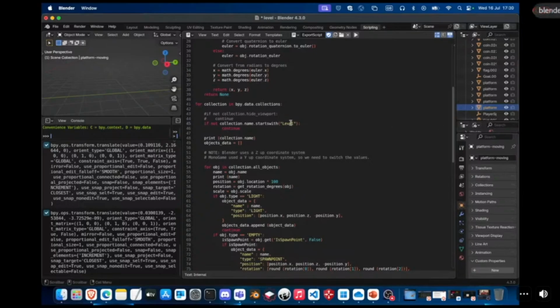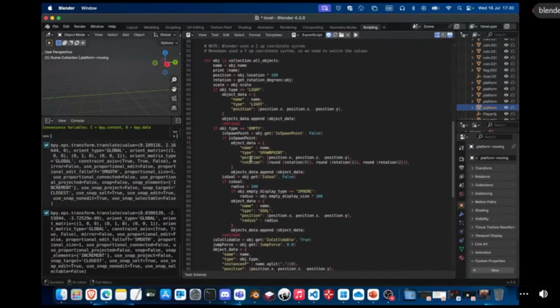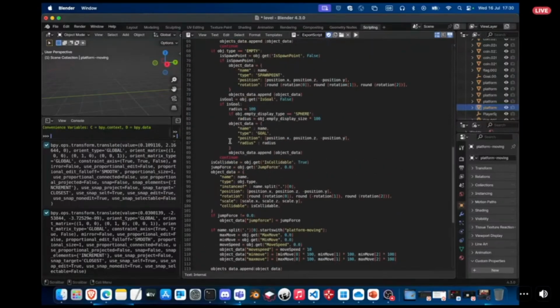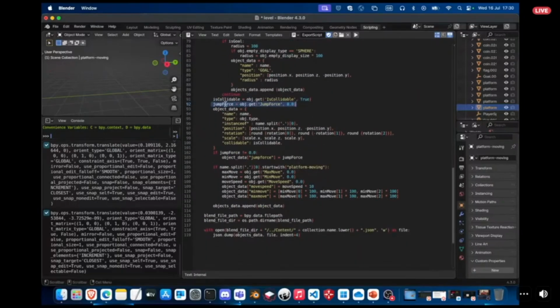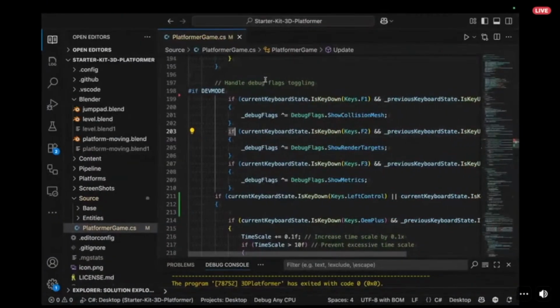If the collection starts with the name level, it says, right, okay, I'm going to export these. And then you're just basically querying the type. Is it a light? Is it an empty? If it's not, then it picks up, this is where we get those special custom properties. So as you can see, if the platform is a moving platform type, we'll grab that max move, we'll grab the min move and the speed, and then we'll write that data into JSON. So if I just run that script now, and then we'll go back to,